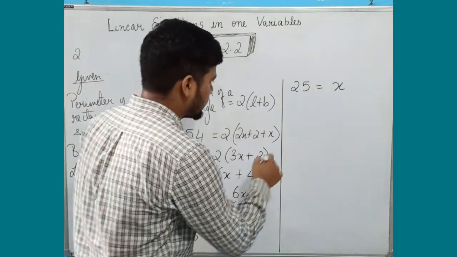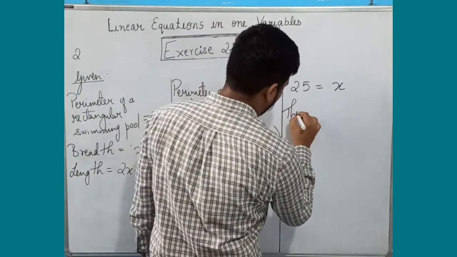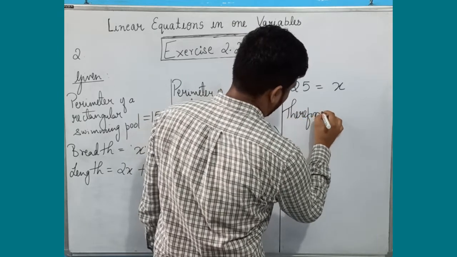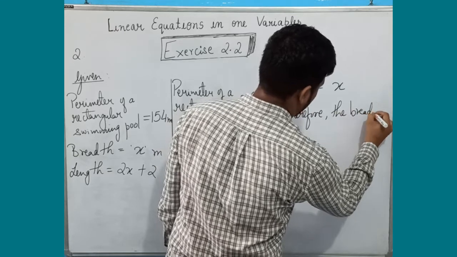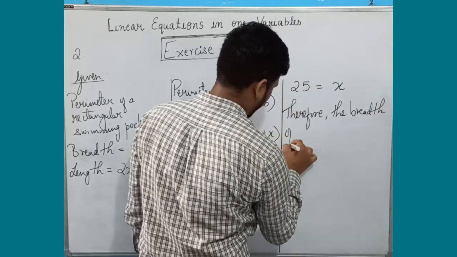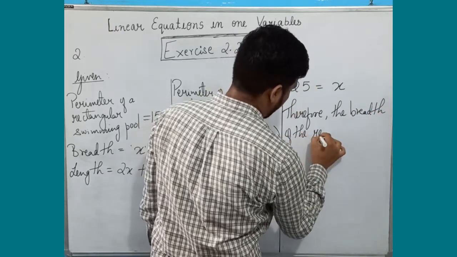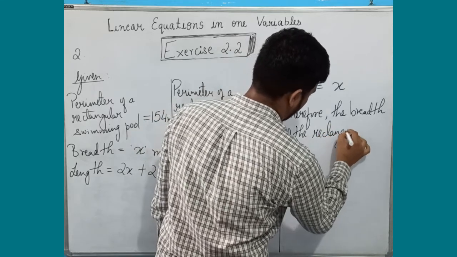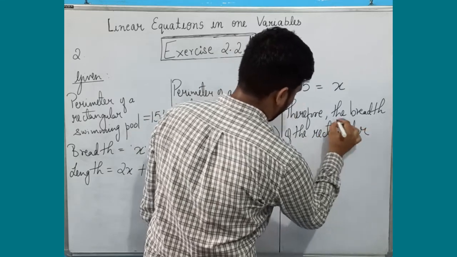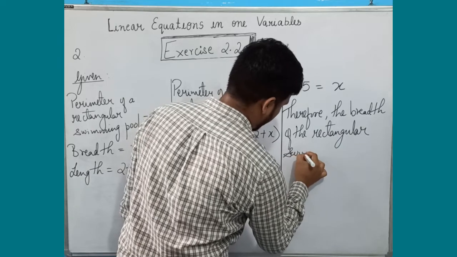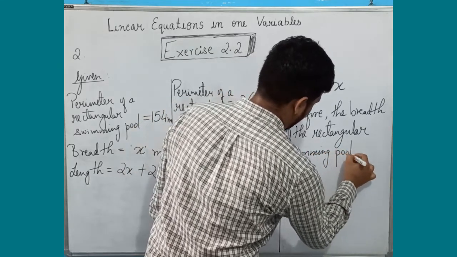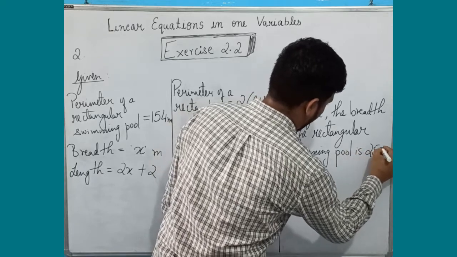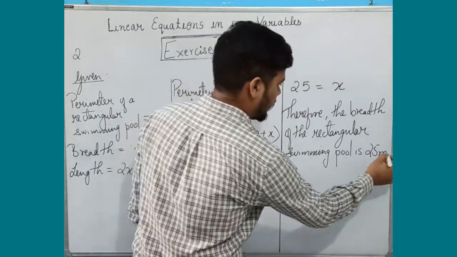So what I can say is that therefore the breadth of the rectangular swimming pool is 25 meters. Okay,